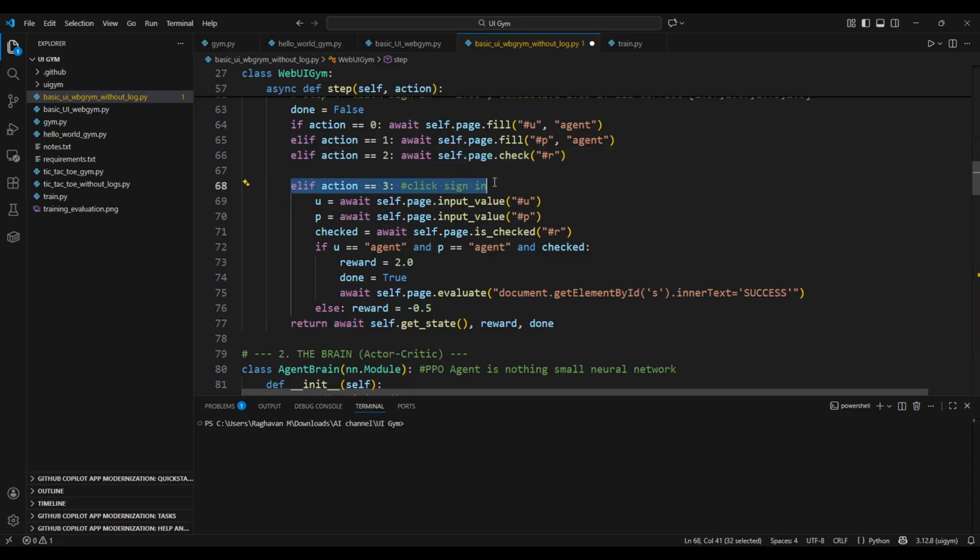If agent is saying okay, I am going to sign in, initially environment will check what is the value of username, what is the value of the password field, and whether the checkbox is checked. Only if all 3 are good, we will say okay agent, you are done, you did a good job, and we will reward the agent. And then if the agent is clicking sign in but any one of these is not going through, which means all the states should be 1. If all the states are 1, we are good, right? If all the states are not 1, we will return reward as minus 0.5,